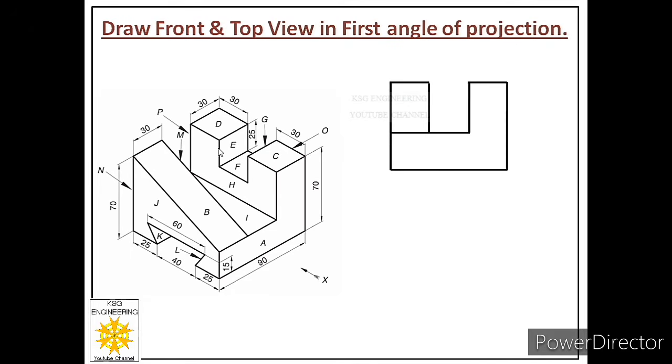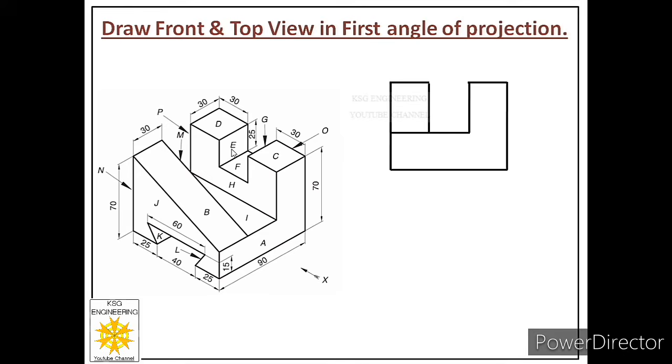So if I will draw this length from that point, then what will happen? This edge is hidden behind this edge. So that is already drawn here. So no need to draw it again. The only thing is from this point I will move down by this height, that is 25. It means from here we will move 25 down. So from this point move 25 down. So I reached at this point.